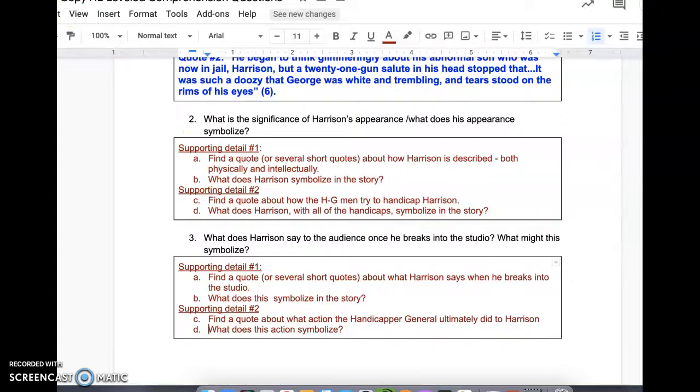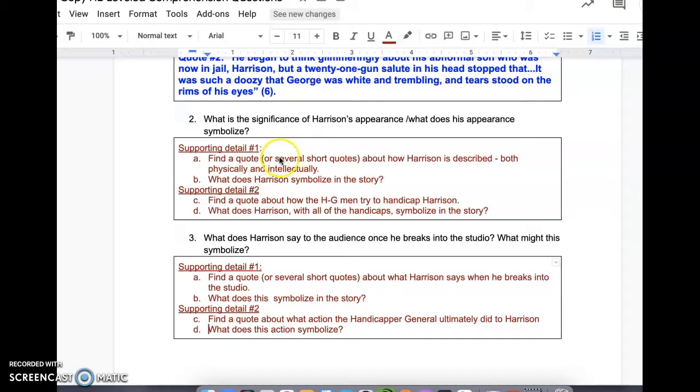So what you can see I've done here is I took this first question, what is the significance of Harrison's appearance? What does his appearance symbolize? And I broke it down a little bit more. And you'll see that I have supporting detail number 1 and A and B here. A says, find a quote or several short quotes about how Harrison is described, both physically and intellectually.